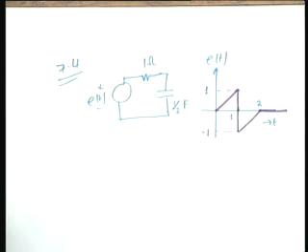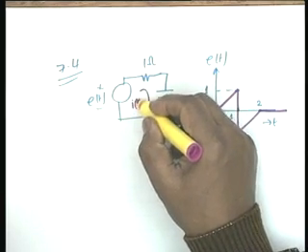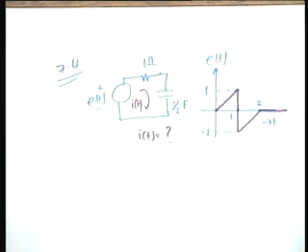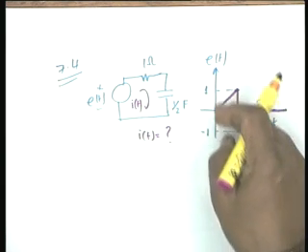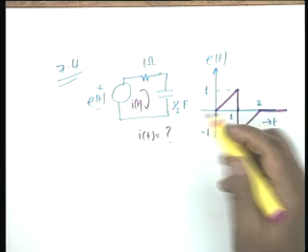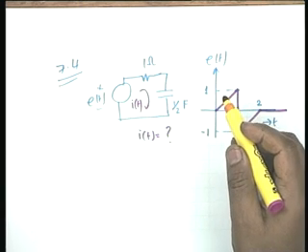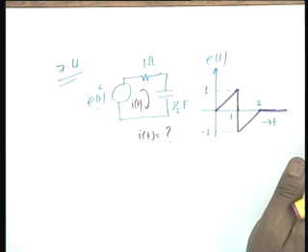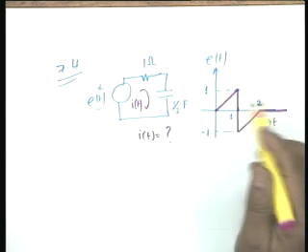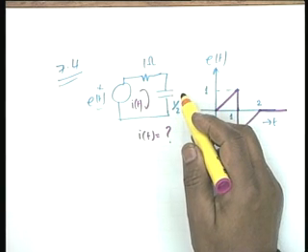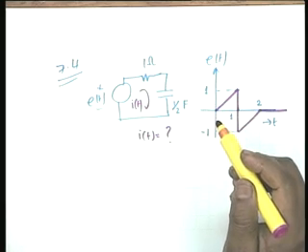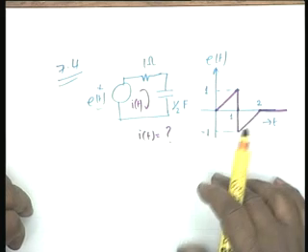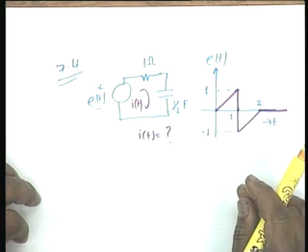Obviously, what you have to find out is the response I of t, assuming 0 initial conditions. All that you have to find out is the transform of this waveform. Then the current transform would be the voltage transform divided by the impedance, which is R plus 1 over SC. I can do this because there are no initial conditions. Otherwise, I would have to write in terms of initial conditions. Now, the first thing to do is to express E of t in terms of the known functions, step, impulse, and so on.